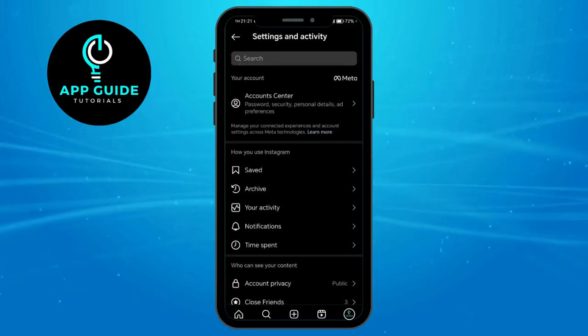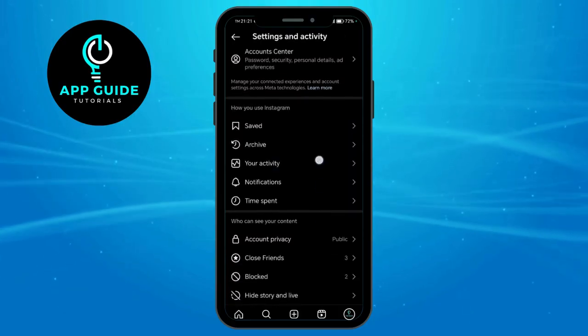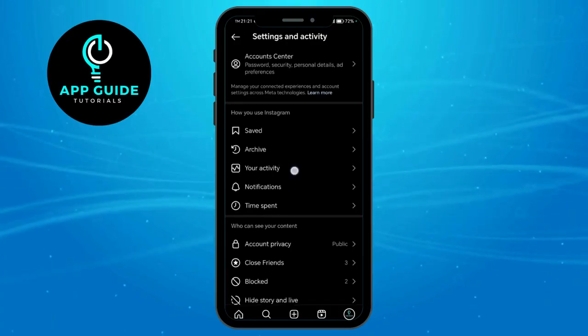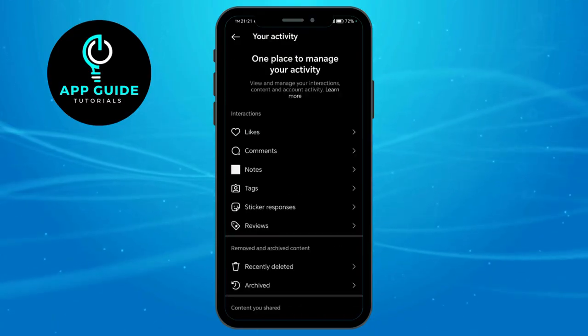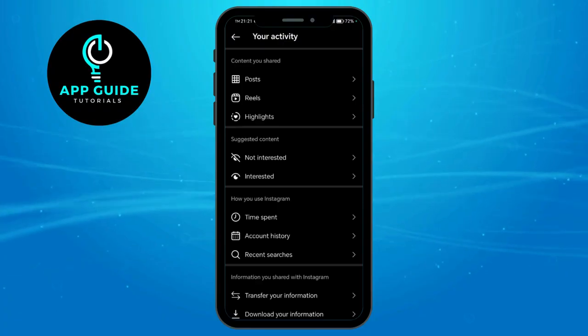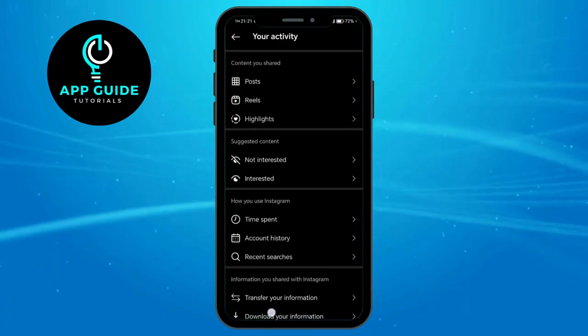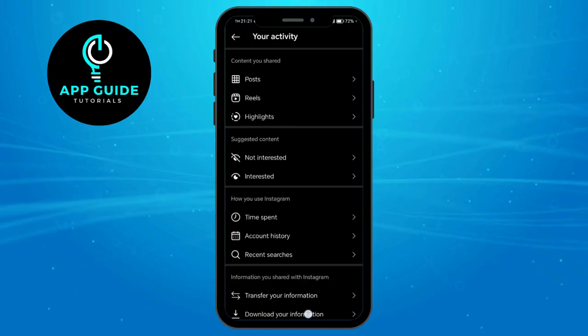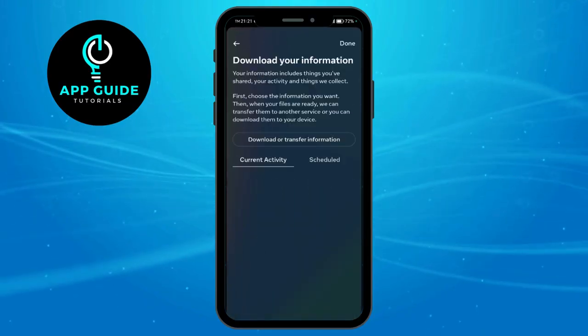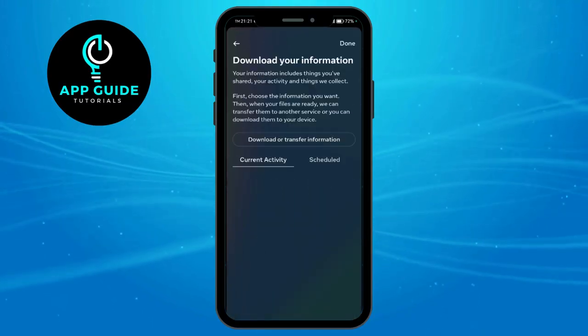Now, once you're here, you just have to scroll down and search for your activity. You just have to click on that. And when you're here, you just have to scroll all the way down, and you will be able to see the download your information. You just have to click on that, and it will redirect you into looking for your